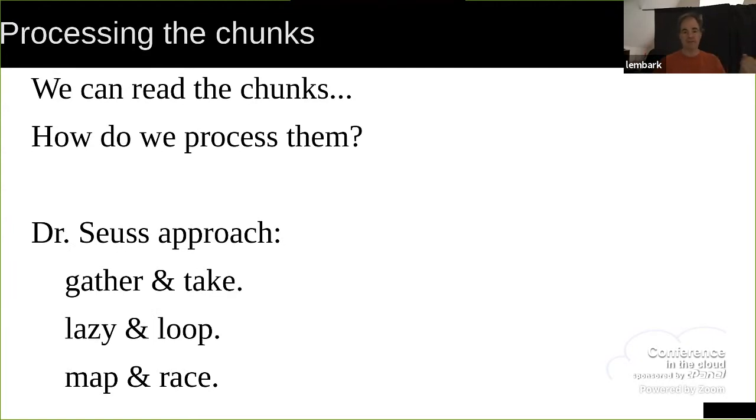So I've got a gather and a take to do the reading in a lazy loop with a map and erase. Everyone turn their mics on. Just let's say it, gather and take. No, okay, well,